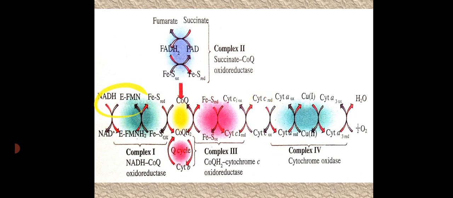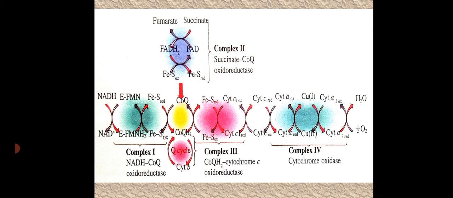And this is the first electron transfer from NADH to FMN, which gets reduced to FMNH2. And finally here, cytochrome A3, through which electrons are passed to oxygen, so that the oxidation process takes place so as to form water. Now, these large transmembrane complexes contain multiple oxidation-reduction centers, including quinones, flavins, iron-sulfur clusters,